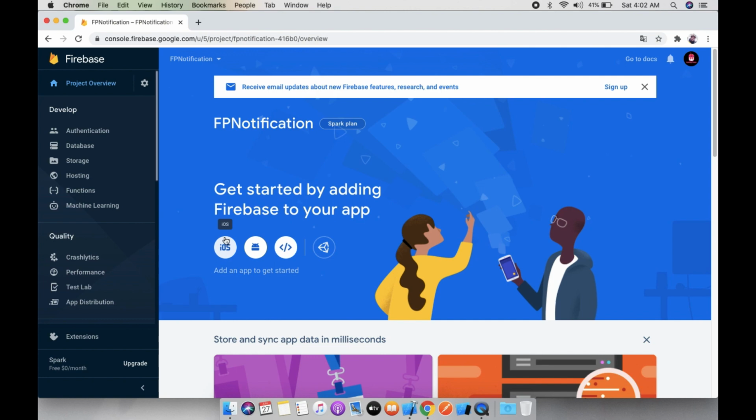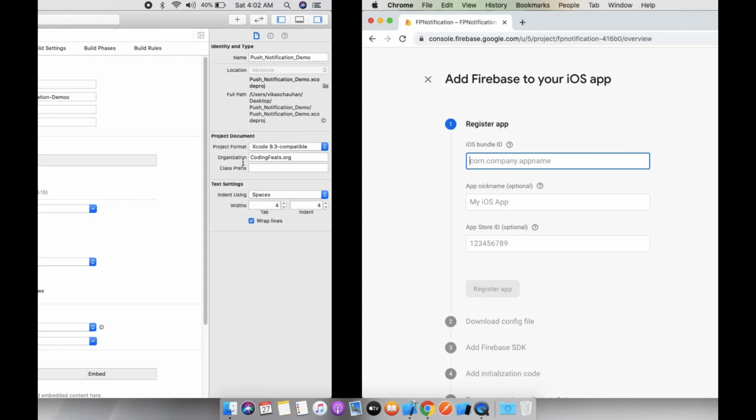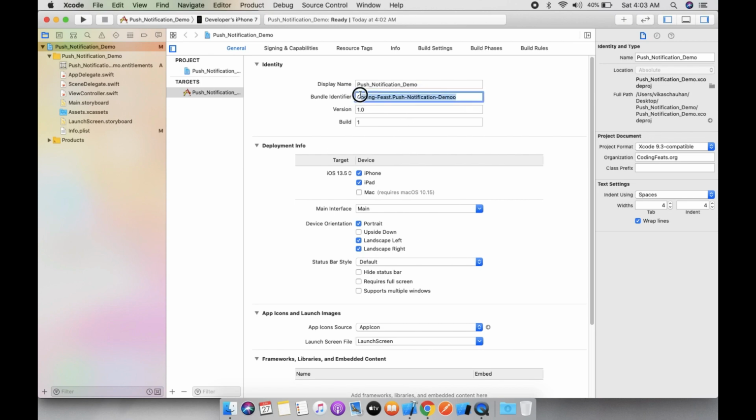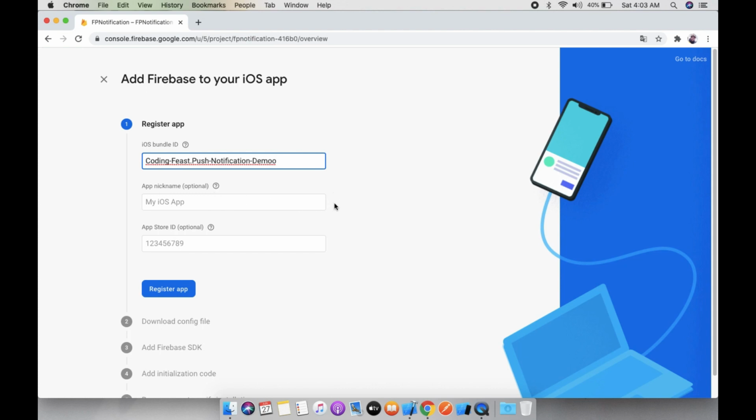We are using iOS, so let's click on iOS, and the first step is to register your app's iOS bundle ID. So let's copy your bundle ID and paste it here, and the app nickname, push notification demo. It's optional guys. Register this application.